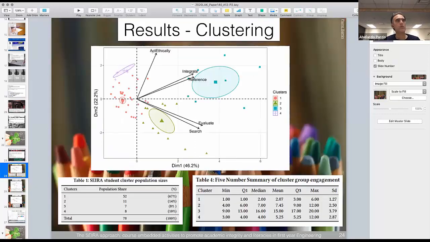The second thing we did was to try to cluster these students and see if we can detect differences in the way they behave. Now, this diagram you have in front of you has quite a lot of information. Let's forget for a second about the arrows, and let's look just at the shapes that we see in there. After running the clustering algorithm, and the details on how we ran these algorithms are all in the paper, we found four clusters. Cluster number 1 has 60% of the students that engage with the resources, and they basically